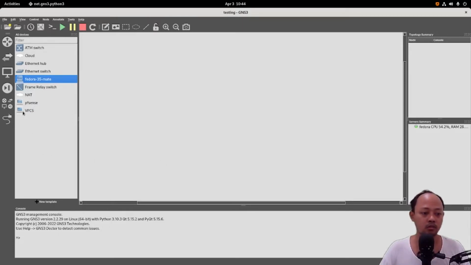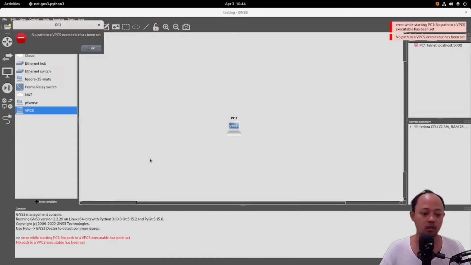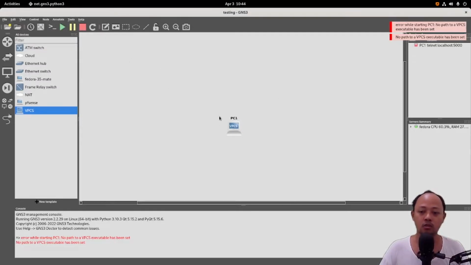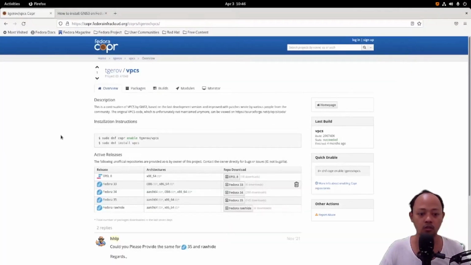Okay, let's try this VPCS. When I click start, there's an error. We need to add this VPCS. When I was troubleshooting this error, I found that there's a COPR repo that we can use for installing the VPCS.